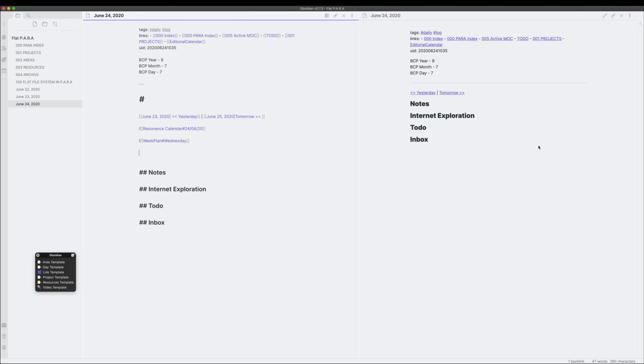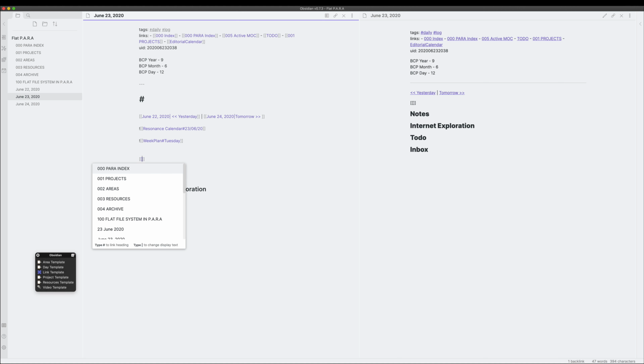So if I was going to call, for example, say I was going to call the 23rd file, right? And I wanted to see what are my notes. So let's go to the notes first. And on the 24th file, I'm going to say, this is a test. Now what I want to do is I only want to get the notes section into the 23rd file. So what does this Tuesday thing look like? If you're familiar with it, well and good. If you're not, I'll just show it to you very quickly.